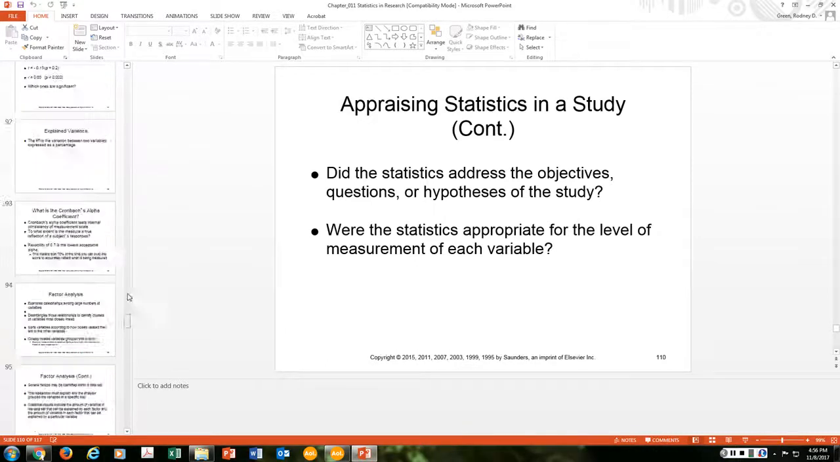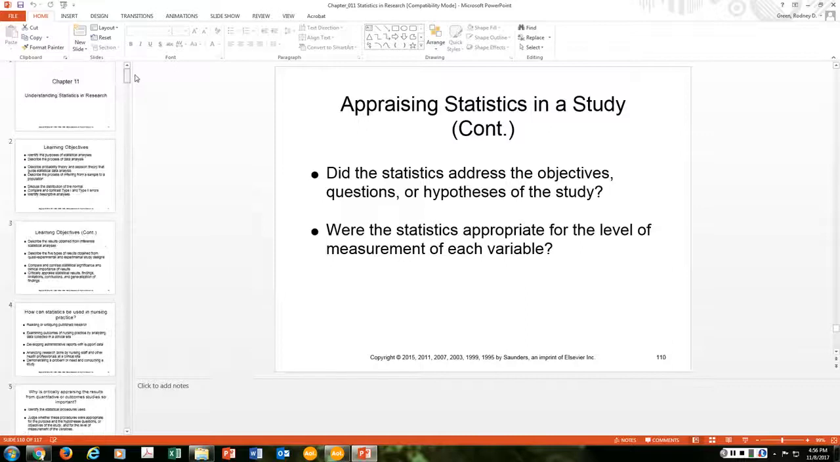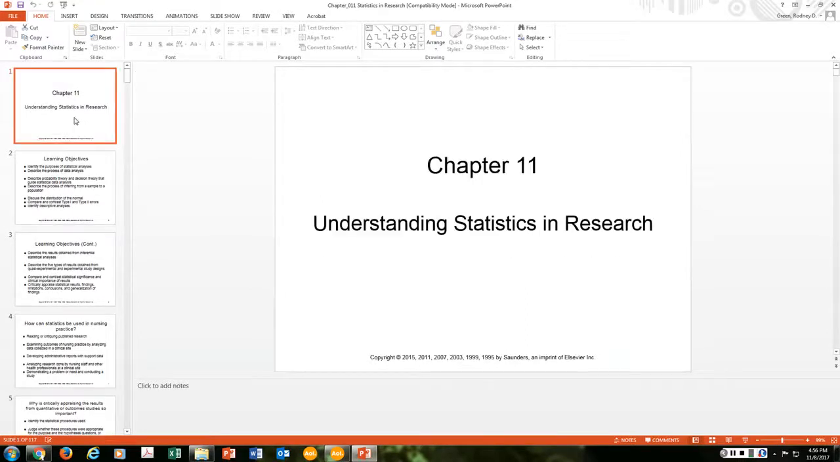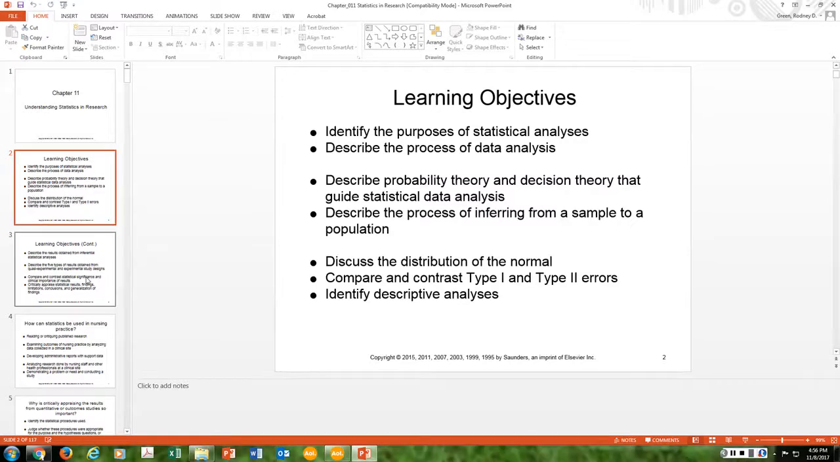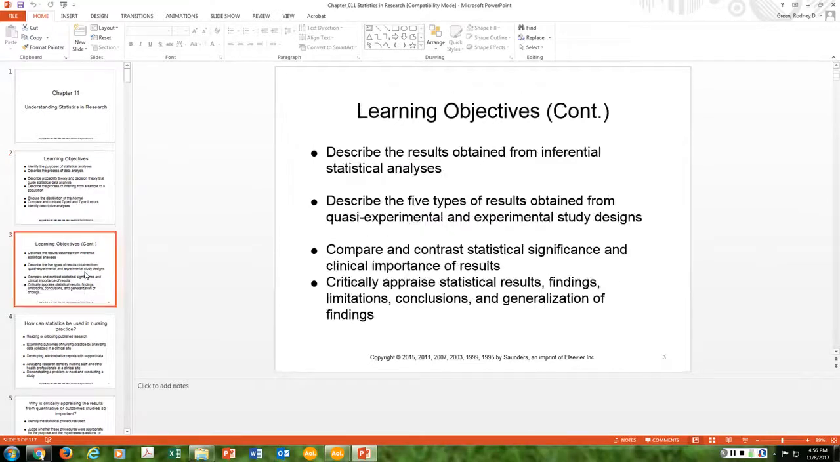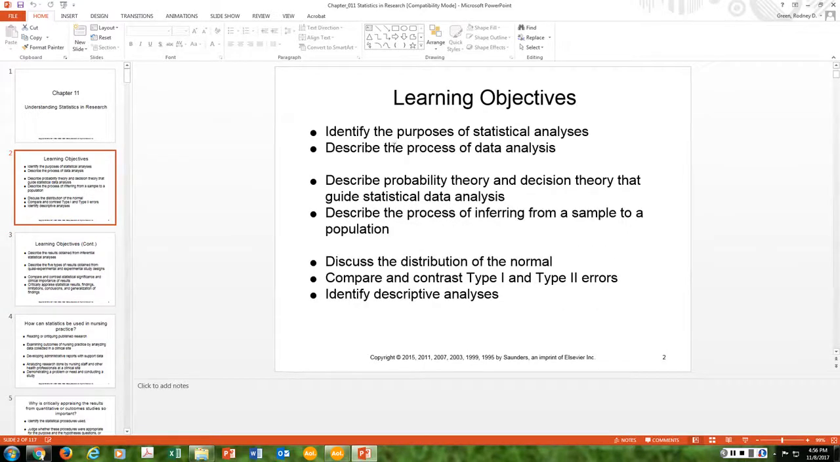Okay, I'm just going to go back to the beginning. Okay, so this presentation is focused on Chapter 11, Understanding Statistics in Research. These were our objectives, and if you look them over, we did everything from